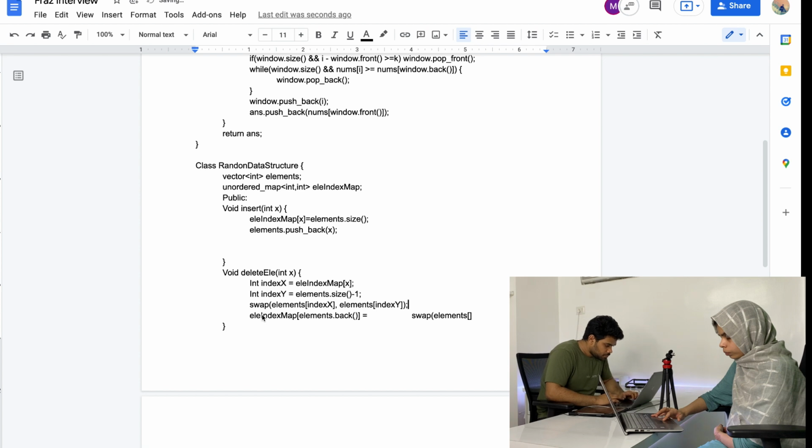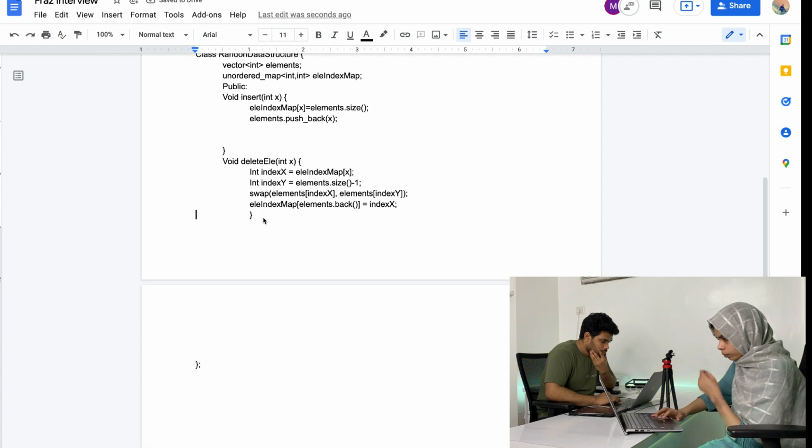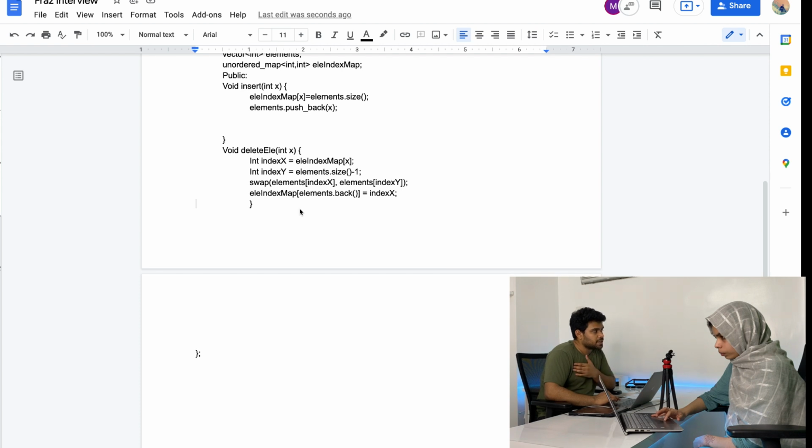So this is equal to the index x, element map. All right. So I think, yeah, now finally after this I need to remove that element from the back.